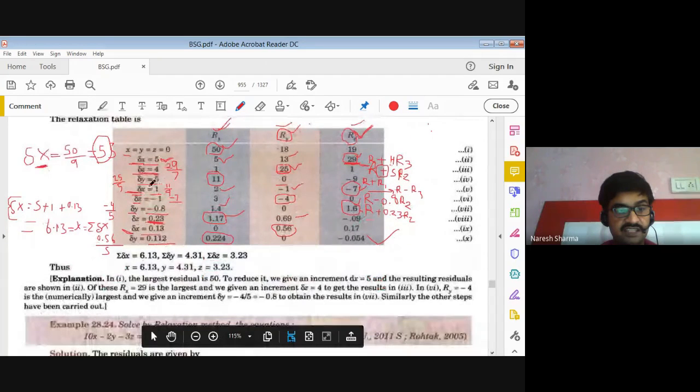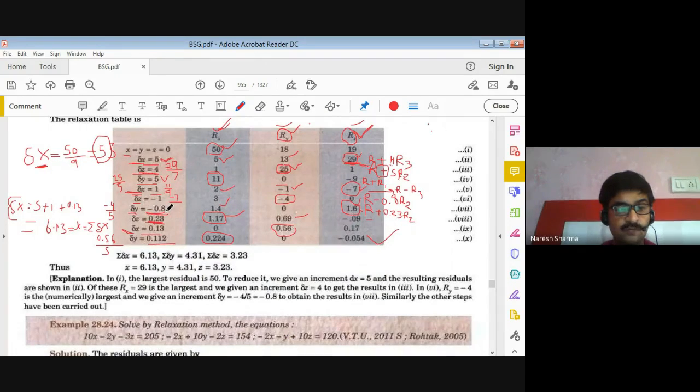Change in y here is 5. So 5, then minus 0.8, that is 4.2, and this one you can add here, 4.2. So it is 4.312. You may write 2 here, it's your choice, right? Similarly, for z, first z is 4, then minus 1, 4 minus 1 is 3. Then this is 0.23. That means 3.23. So no more z we have.